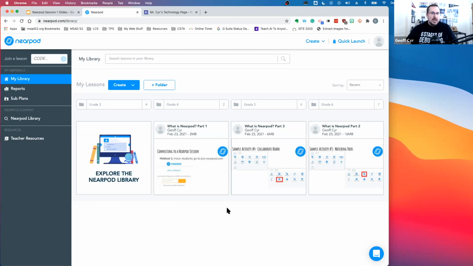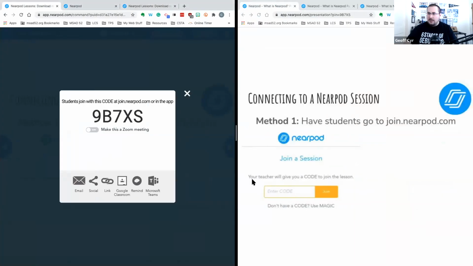I'm actually going to go ahead and switch over to my other desktop screen here. I wanted to set this up because on the left side, you're going to see the teacher view, and on the right side, you're going to see the student view. This code right here is what you're going to need. And we're actually going to talk about 4 different methods that you can use to get students into a Nearpod session. The very first one is have them go to